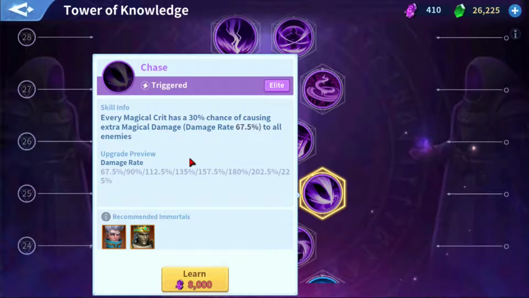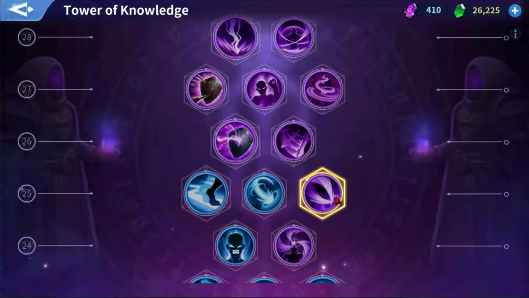I actually think this is a great skill to be utilized on a Fire Immortal, with them having a little bit more crit chance, and given that this is used a lot on Empress Wu, I think this makes perfect sense. Okay, next,